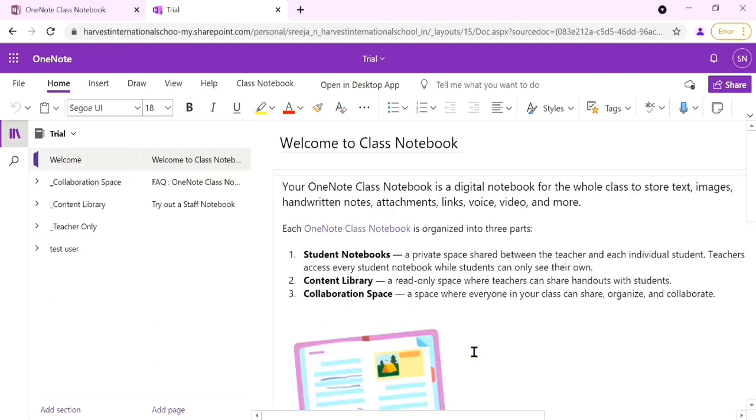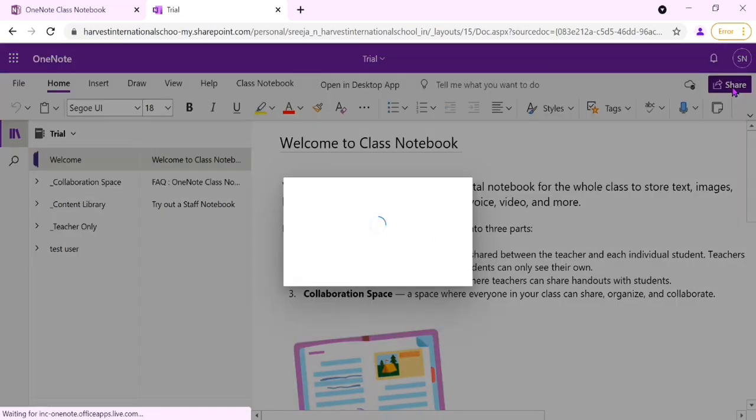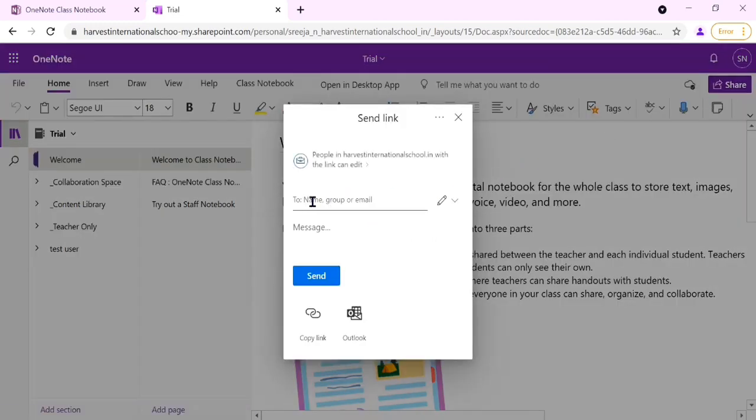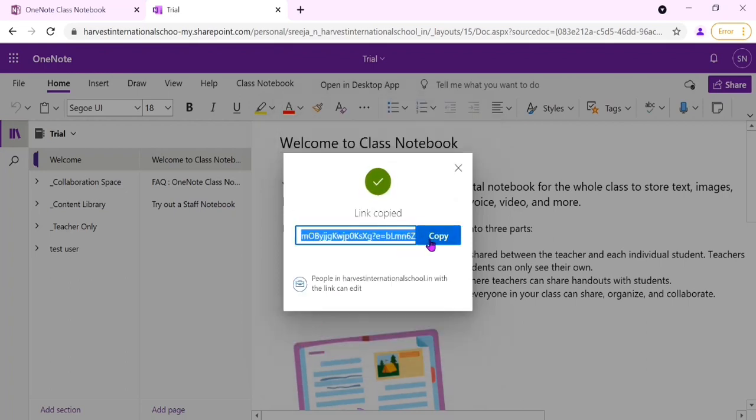Now that I have created a class notebook and added my student, I am going to go ahead and integrate this into Microsoft Teams. Here I am not going to use the class notebook which is already available in Teams, but I am going to integrate my personal class notebook into Microsoft Teams. How can I do this? By sharing the link. Now click on share. You can share your notebook with anybody by typing the email IDs, but here I would copy the link. Click on the option copy link, copy it,